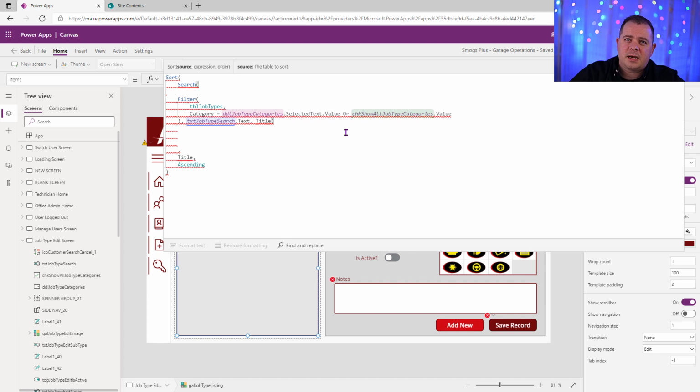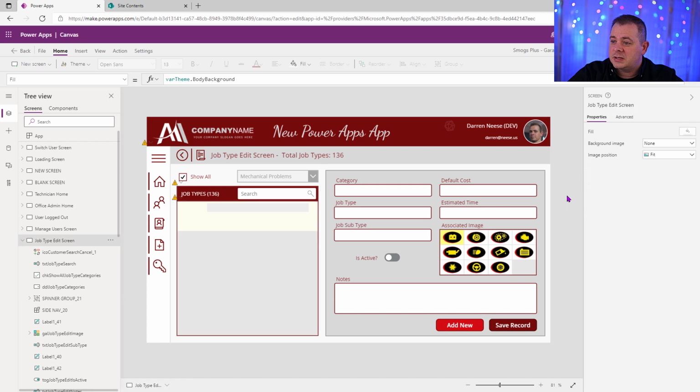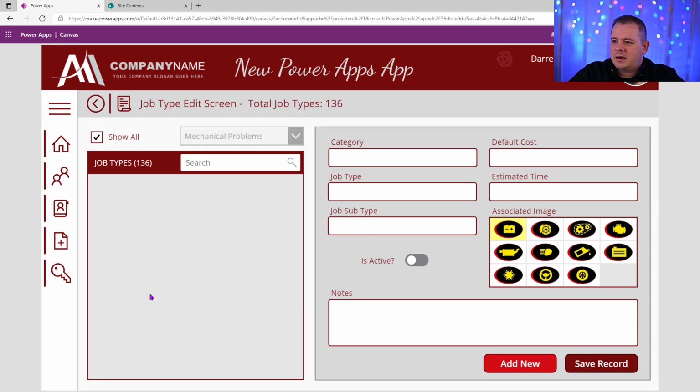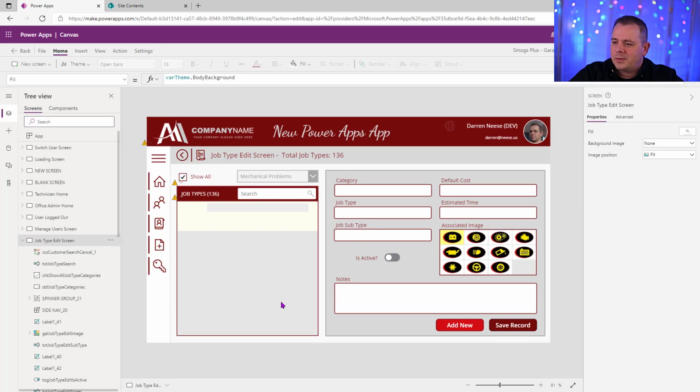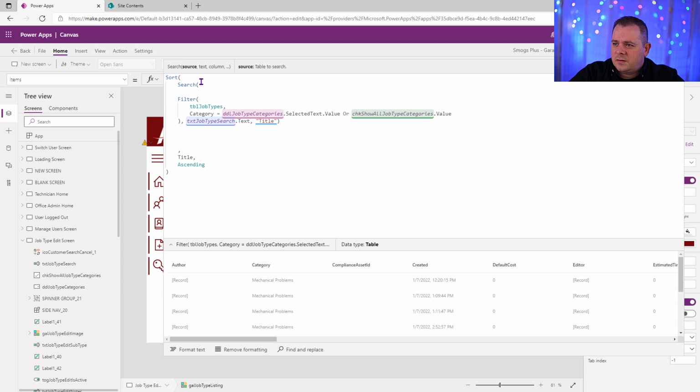Because if you remember the title, we throw the category, the job type, and the subtype all into it. And that should work well. I believe that title needs to be in double quotes. So let's try this out. Now, as you can see, we haven't typed anything in the search box and nothing's being returned. Okay, so that's why I was thinking we needed to